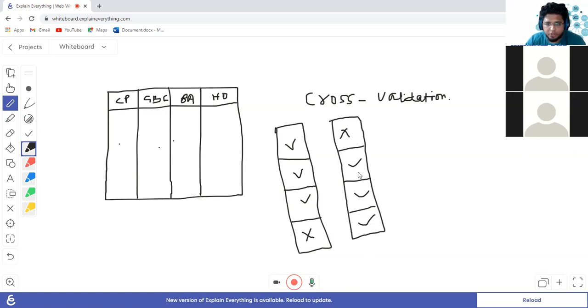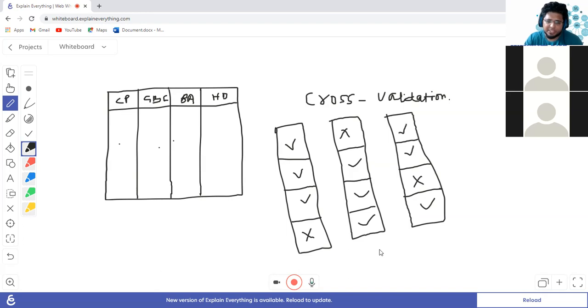Similarly, you can ask why not someone in the middle be used as training data or testing data, and all the extremes. So you can say that, okay, yeah, this one we will use as testing data, and this one we will use as training data. So as you can see, we have multiple options, and this is just for 4 divisions of the data, right? So if we have n divisions of the data, that many options we have for validating our data, choosing the test set for our data.